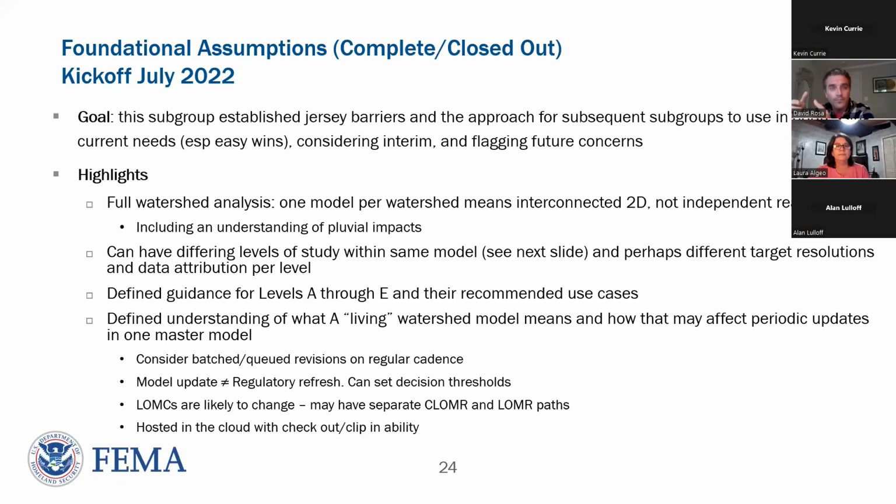And so defining guidance for having different levels of model size or cell size resolution where needed, and better understanding what it means to be a living model, and how do you update a model? What does it mean to update a model versus update a regulatory map? How do things like letter of map changes play into this, and really starting to consider moving towards the cloud,